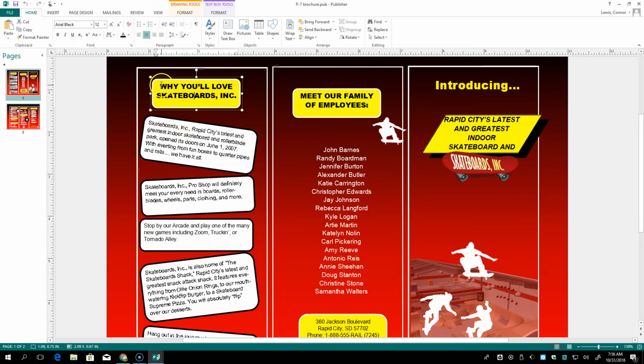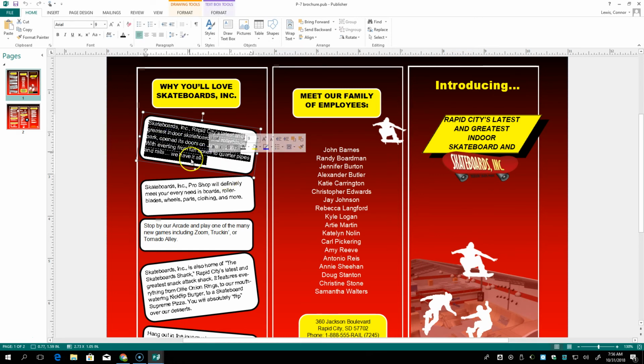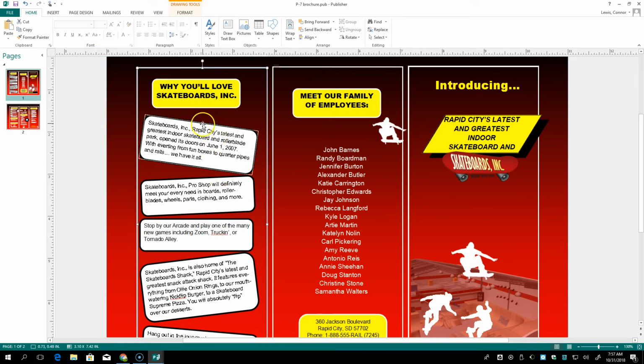Our top rounded rectangle, we will change the text to be all caps Arial black size 12, and then we will change the text for all of our white rounded rectangles to be Arial size 9 font, and we can